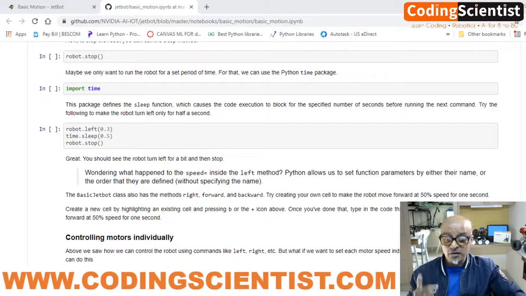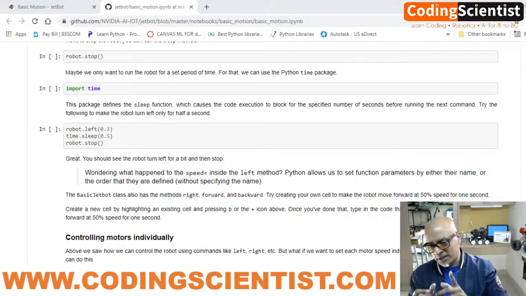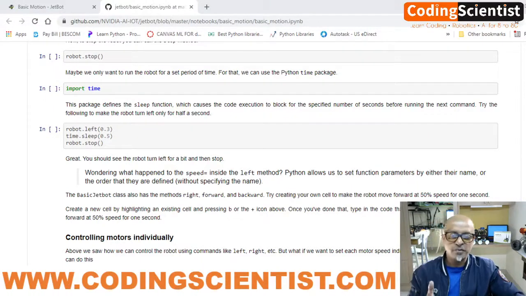Python has a module named time which we imported earlier, and which provides several useful functions to handle time related tasks. The sleep function suspends the execution of this particular thread for a given amount of seconds. So you can define whatever seconds or minutes you want. You can play around with this code. When you execute this code, the JetBot motors will run at 50% of the speed for 1 second. So that's what the code is all about, and it stops, which is triggered by the sleep function. Sleep is again an inbuilt function.